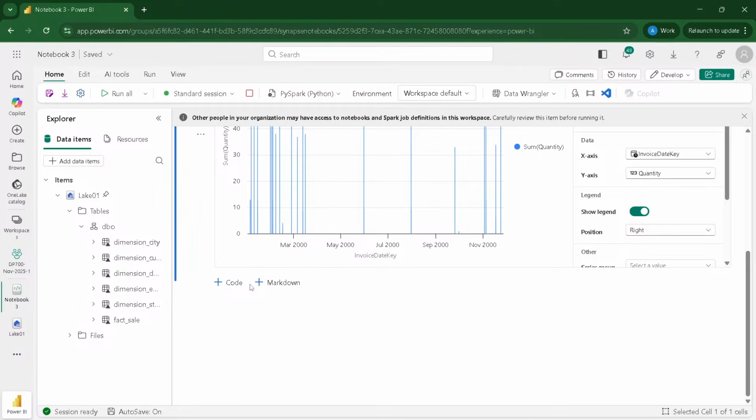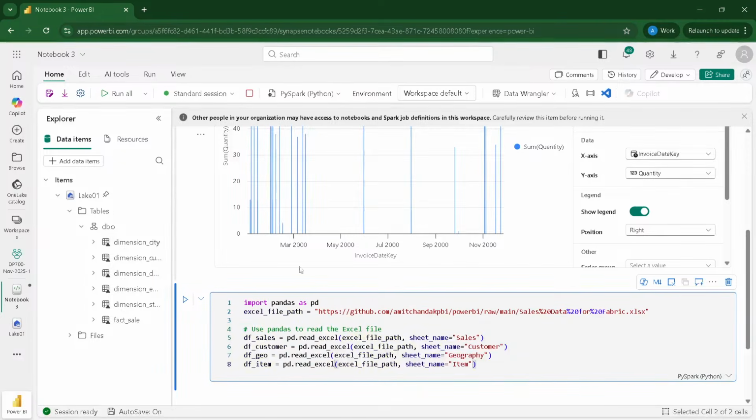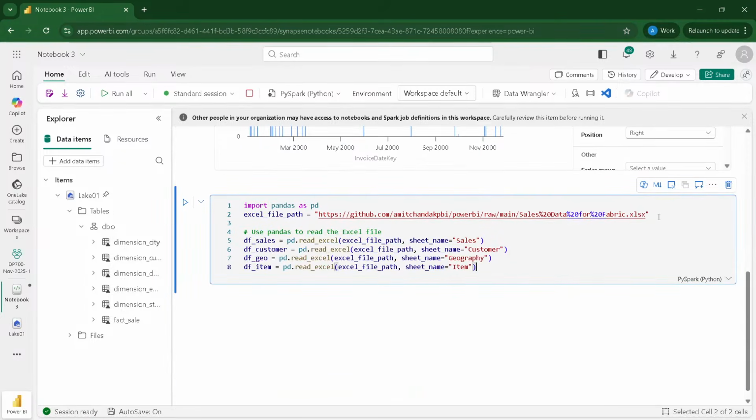Now what we would like to do is a little more on data engineering. So we want to see, can we bring in data? Now to bring in data, we will take help from the pandas library from Python. If the pandas library is not available, we have to install it. And this is what happens in Python, that if we don't have something, we install it. So I'm going to add a new code block, and inside this code block, I'm going to give you the complete code. And this URL is the same URL we are using, you remember? For the last few classes, we have used this file multiple times. Case data used in Fabric.